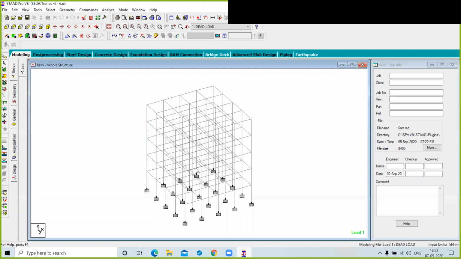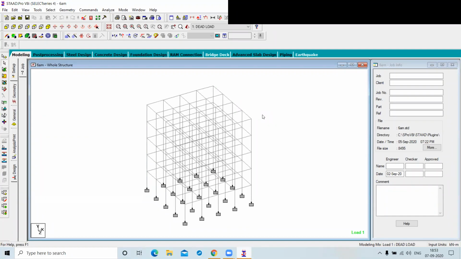This is RCC design. So what is the RCC here? The full form of RCC is reinforced concrete. In the RCC, we come to know whether our building is stable or not, whether my members are stable or not according to our design.